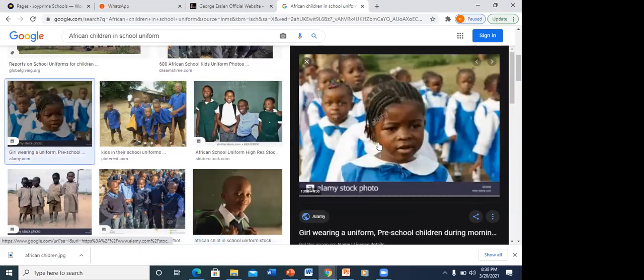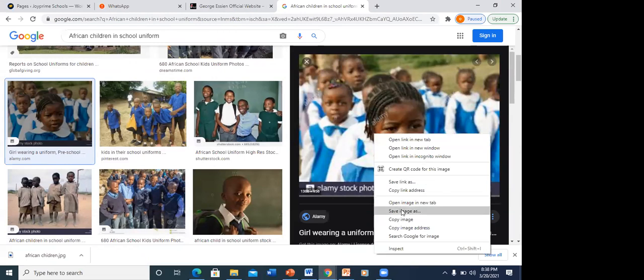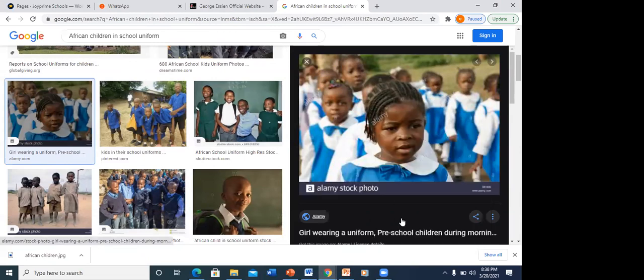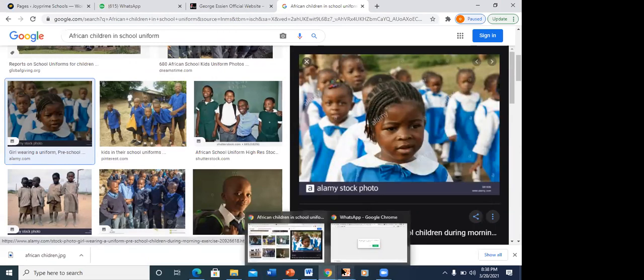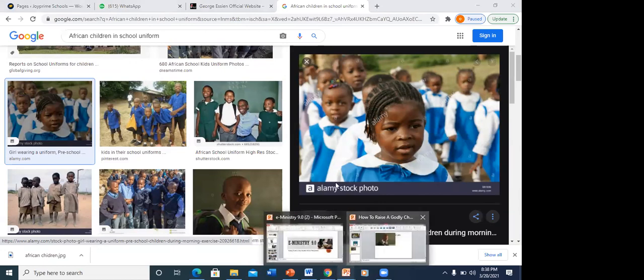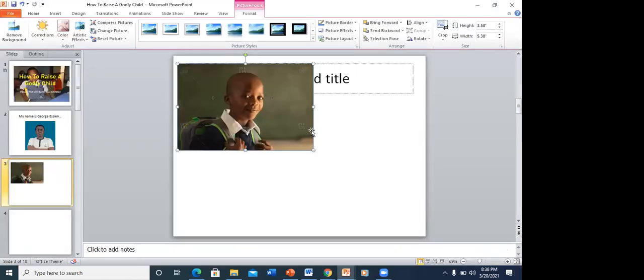Allow it to load, and then just right click, copy the image, and then go straight to where you have your slide, and then Control V. Control C is copy. Control V is paste.